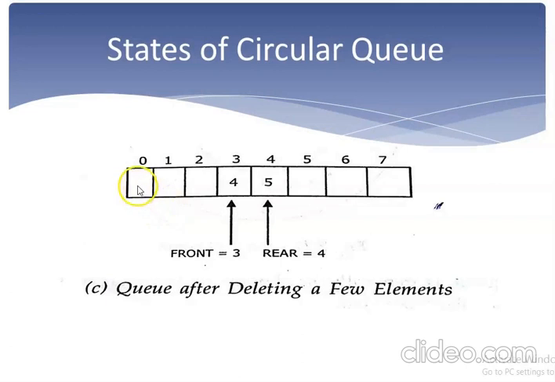So we have removed 2 or 3 items from the list from the front. What happened? The front moved from 0 to 3 step by step, because at one step we can remove only one item from the list. So after 3 removals, the front reaches index 3 and rear remains at 4 because we have not done any addition to the list. So after removal of a few elements, the queue looks like this. It has spaces towards the right of the rear pointer and towards the left of the front pointer.